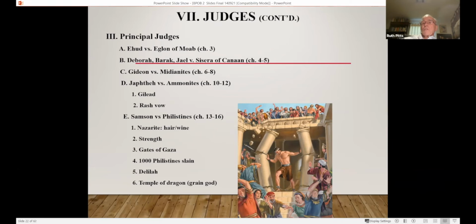Of course, Samson is sort of the Hercules of the Hebrew people. Takes his Nazirite vow, has tremendous strength, slays the Philistines, and though he is blinded and so forth, takes his revenge in the temple of the Philistines as he dies.